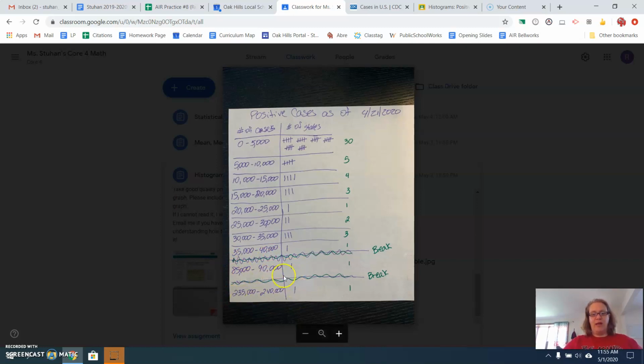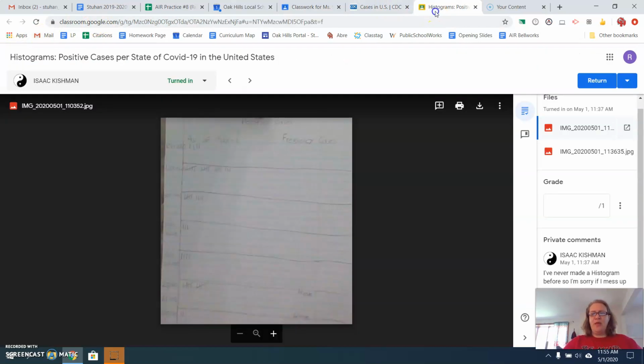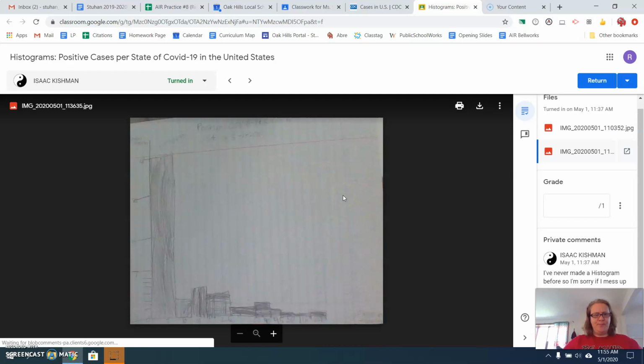And I know this, when I did the tallies, this was New York's numbers, and I know New York has a higher number. So you probably won't even have 235 to 240,000. You'll have something higher than that. So you want to create a frequency chart with bins of 5,000 in the rows there, and it will look different than mine. And then going back to yours, so this isn't correct. You'll want to fix this. And then looking at your histogram,